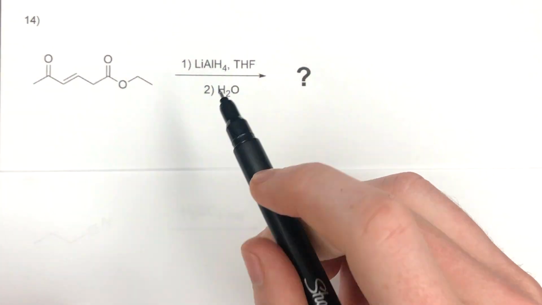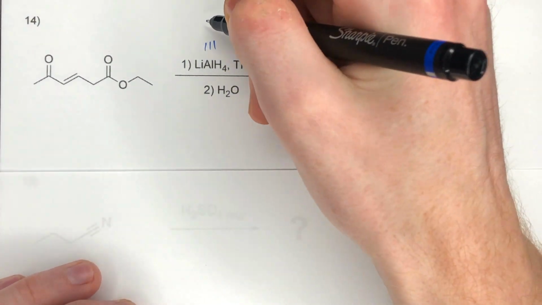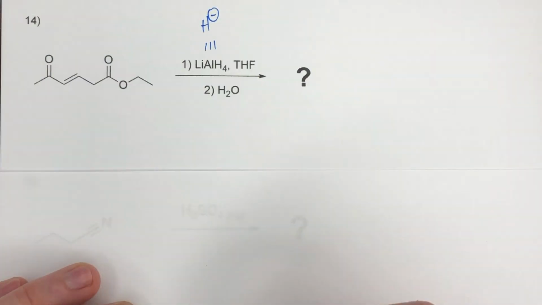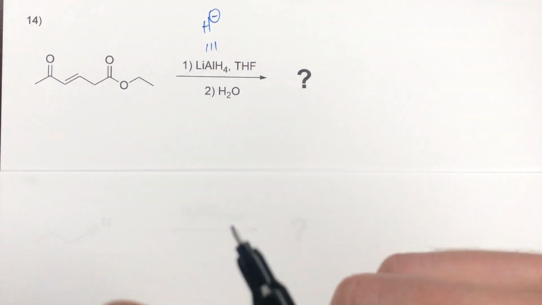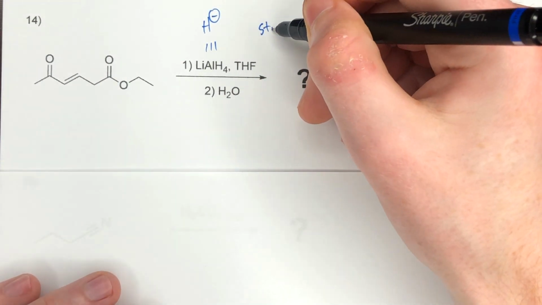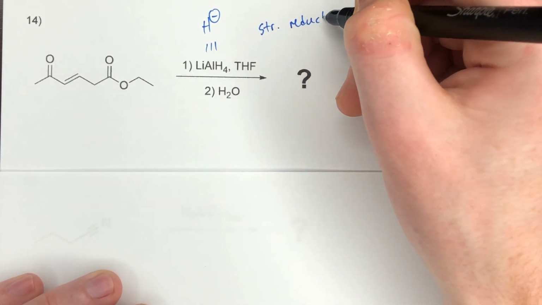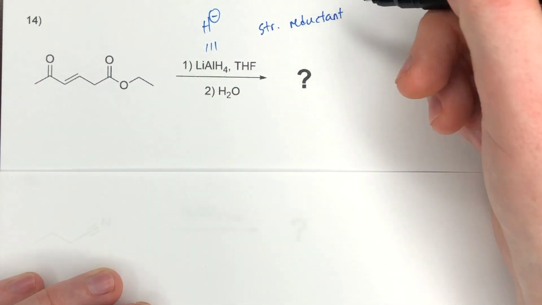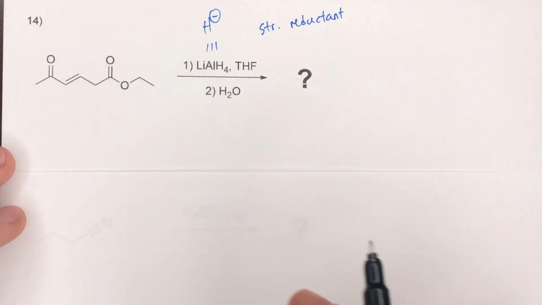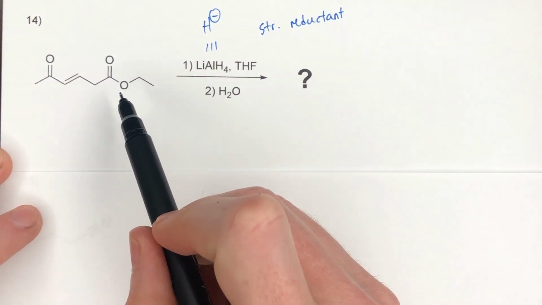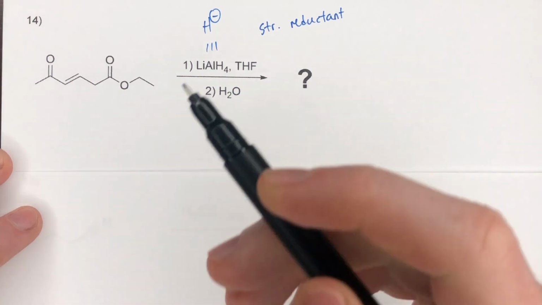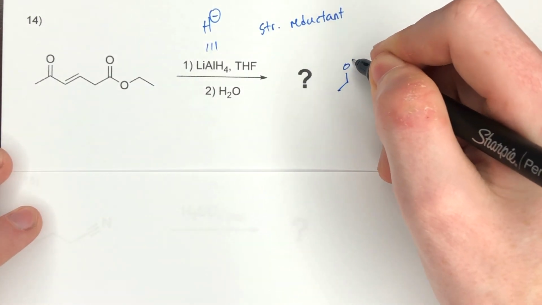And we have lithium aluminum hydride, which we know produces a hydride, which is H-, in THF. And this is an extremely strong reductant. So that means it's going to reduce everything that it can completely. So you're going to reduce the ketone to the secondary alcohol. In this case, you'll reduce the ester all the way down to the primary alcohol. So what you'll get